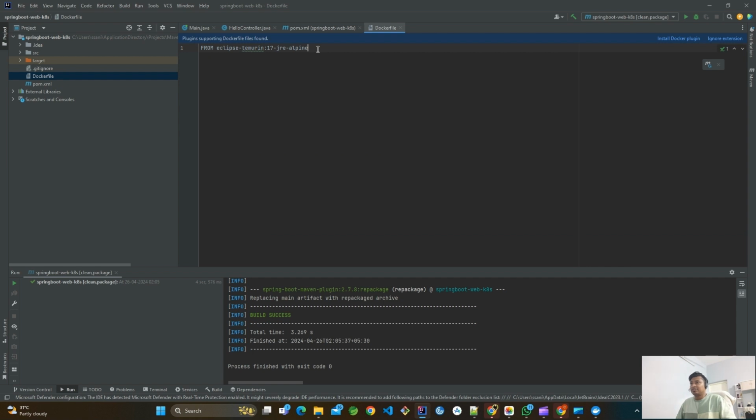I am giving the first command as FROM eclipse-temurin:17-jre-alpine. What does the FROM command mean? It downloads this pre-existing image. This is an already existing image in Docker for the Java runtime 17. So by giving FROM and that specified image, it will download this image into that container. Next command, ADD